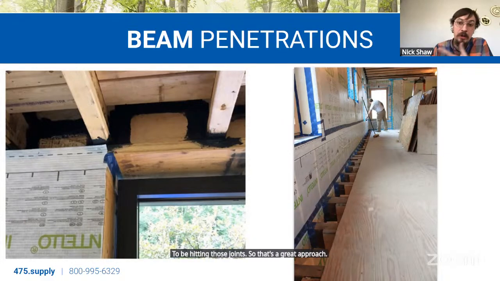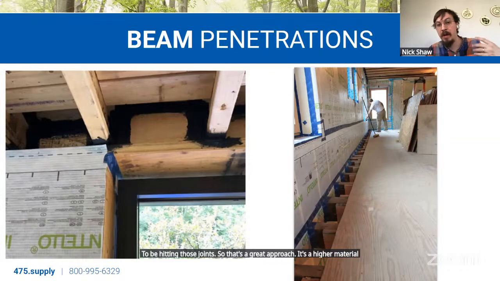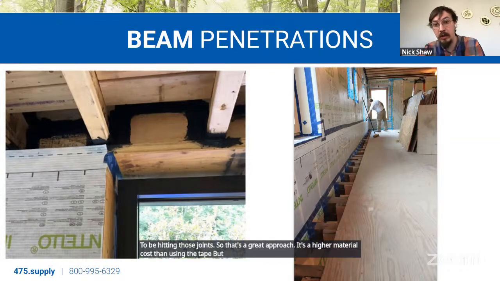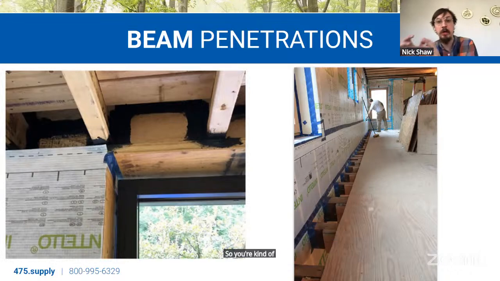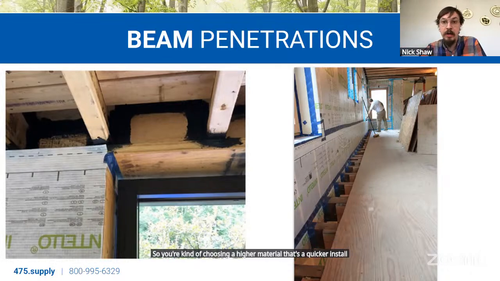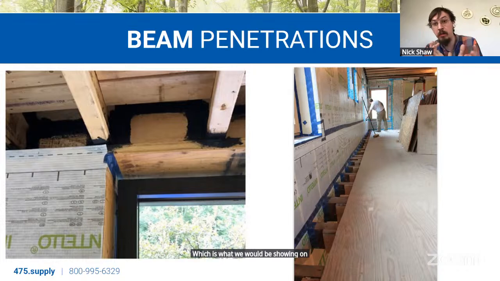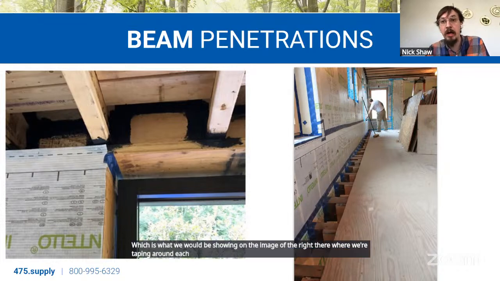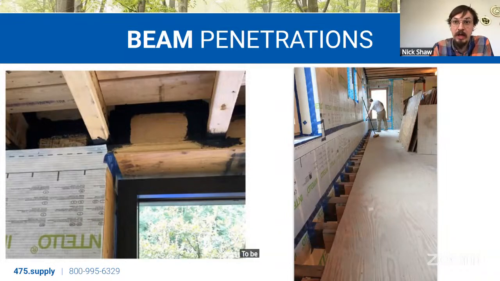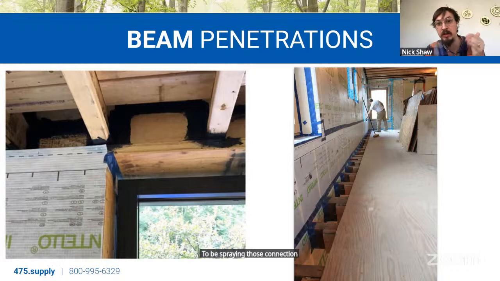It's a higher material cost than using the tape, but a lot quicker of an install. So you're choosing a higher cost material that's a quicker install over a lower cost material that's more laborious, which is what we would be showing in the image to the right there, where we're taping around each floor beam. So totally fine to use Viscon to be spraying those connection points between the rim joist and the floor